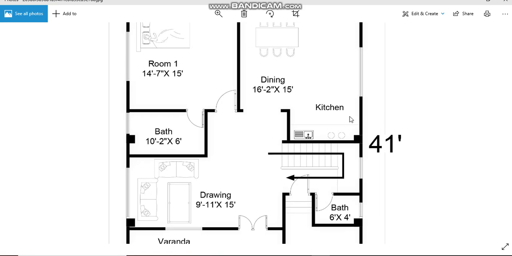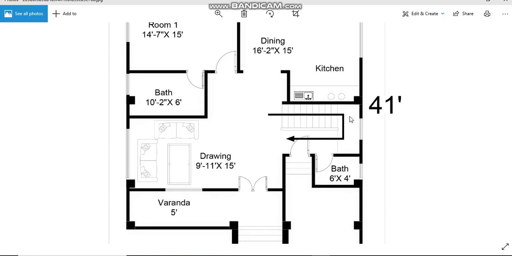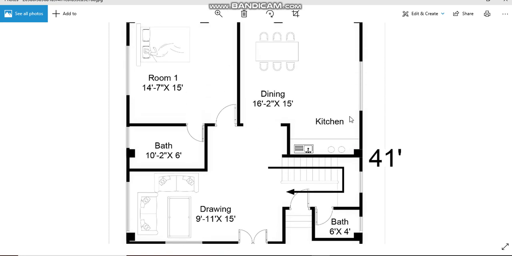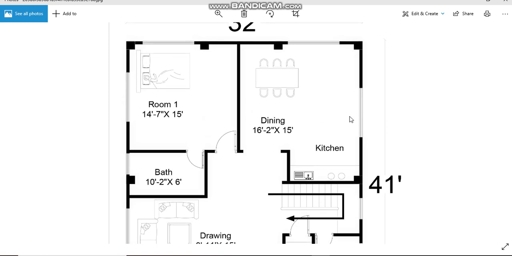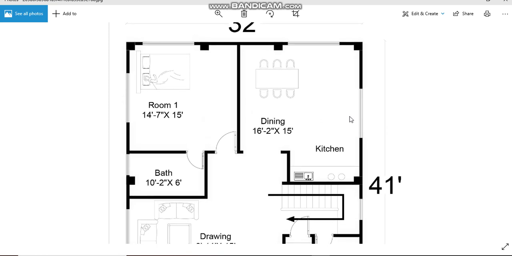But this is quite a small open plan for a modern house outside our region, where there's no door to the outside of the building. But since that's what we have here, we are not going to be including a door to